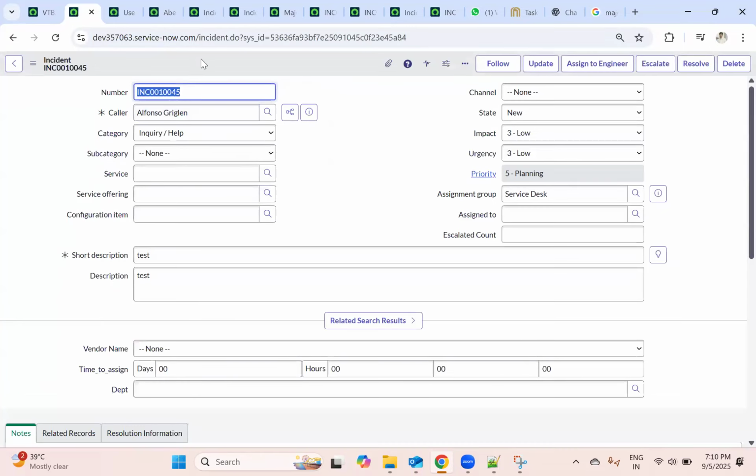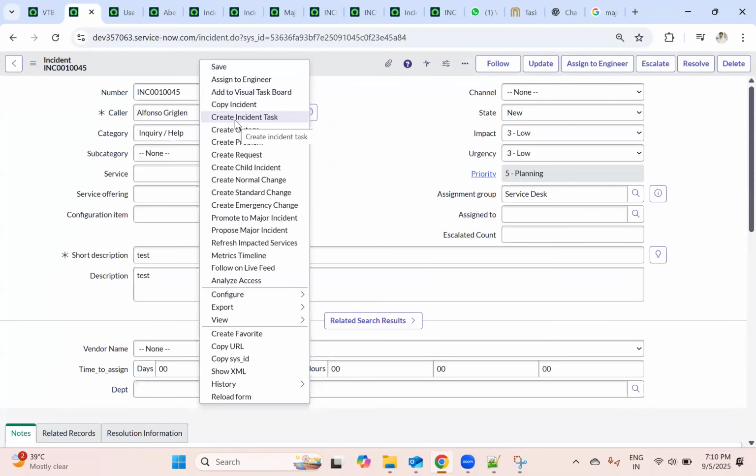Okay, so the next one is create an incident task. Suppose you are working on this incident, and some of your team members or some other team has to work on the same thing. You cannot go ahead and create one more incident for the same thing, right? So you can go ahead and create a task. Task is